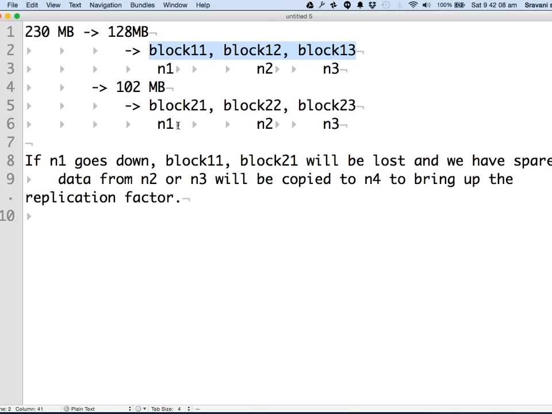In case node 1, the first computer, dies, both the blocks will have a replication factor of 2 now, which means that they need to be copied once more. So the data from node 2 or node 3 will be copied to node 4 in order to bring up the lost data. Make sense?